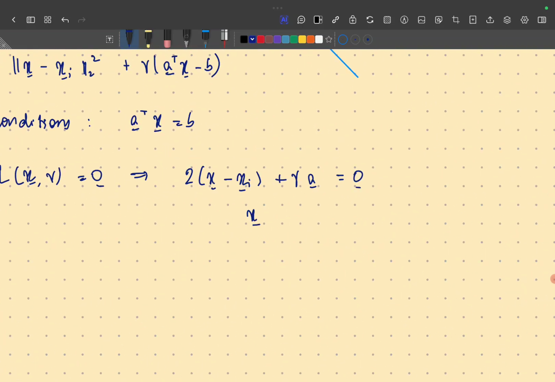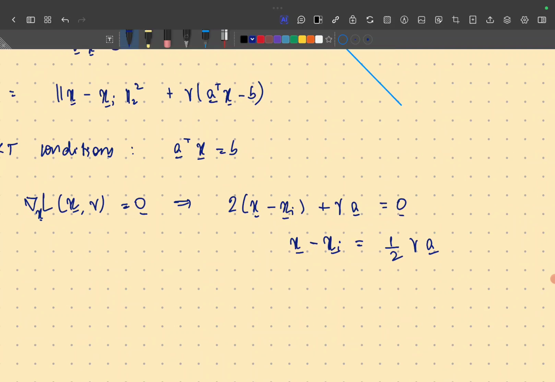Or x minus xi should be equal to minus half nu A. Right. Now if I substitute this in the primal feasibility condition, then I get A transpose